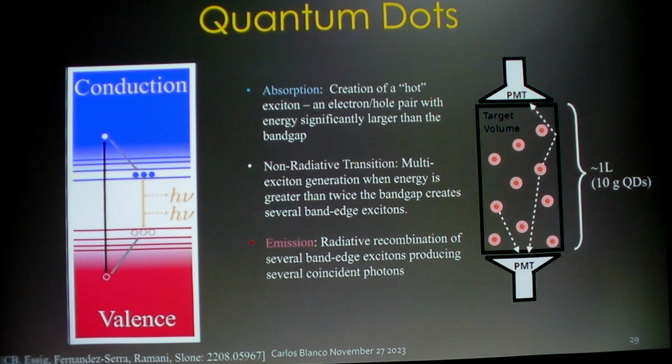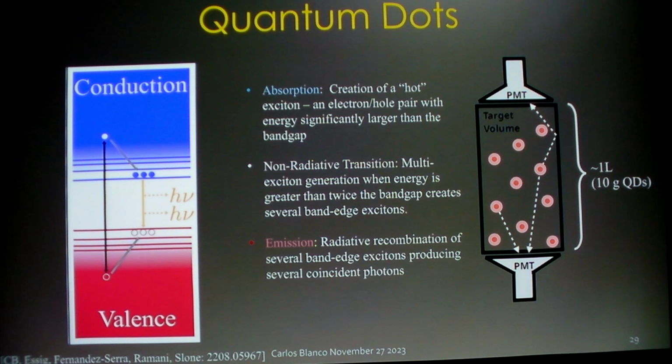What's more is you get this interesting effect that occurs when you excite an electron from your valence band deep into your conduction band, creating what's called a hot carrier. These things can relax down in a couple of ways. One is they can emit a bunch of phonons, but now you're living in a nanocrystal, and your phonon density of states is very different. And so that process turns out not to be very efficient, and instead you relax this hot carrier by generating more excitons that now live on these band edge states.